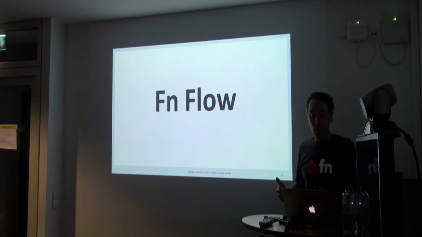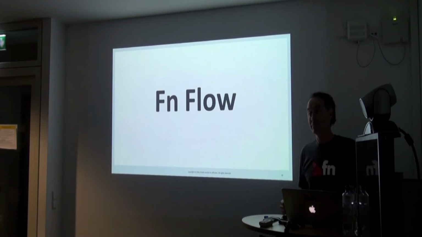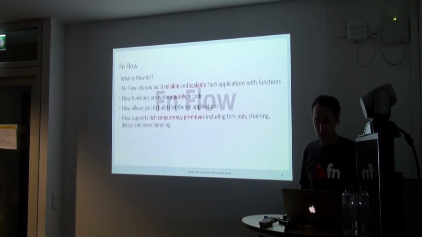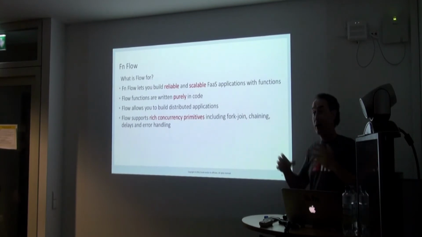But we're all at this phase now. We're going from functions are run when an event occurs and we do something. That's the phase generation 1 of functions. Now we're on to phase 2, or generation 2, which is I'm going to build apps out of functions. So Flow lets you basically describe your algorithm you're going to do with multiple functions in code.